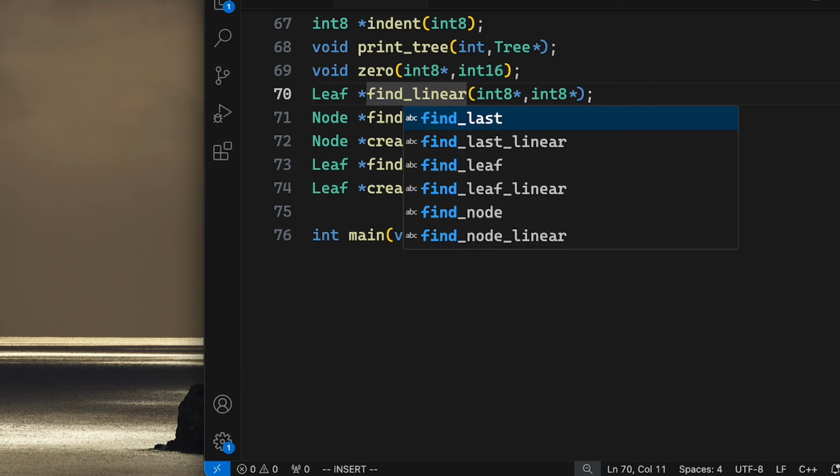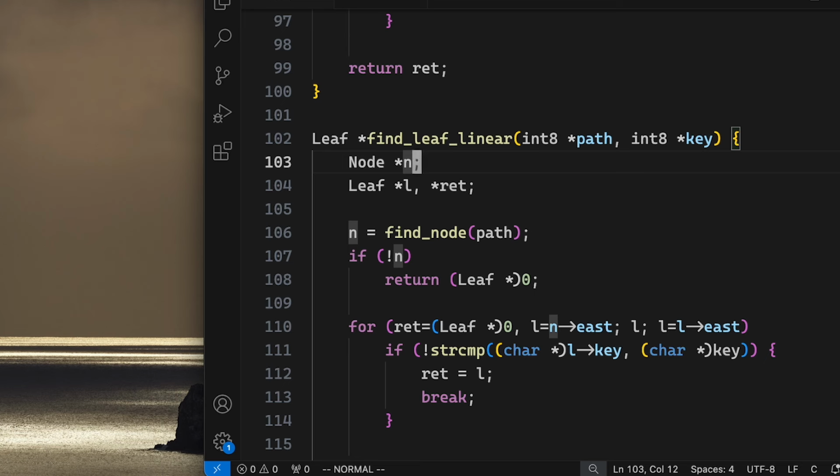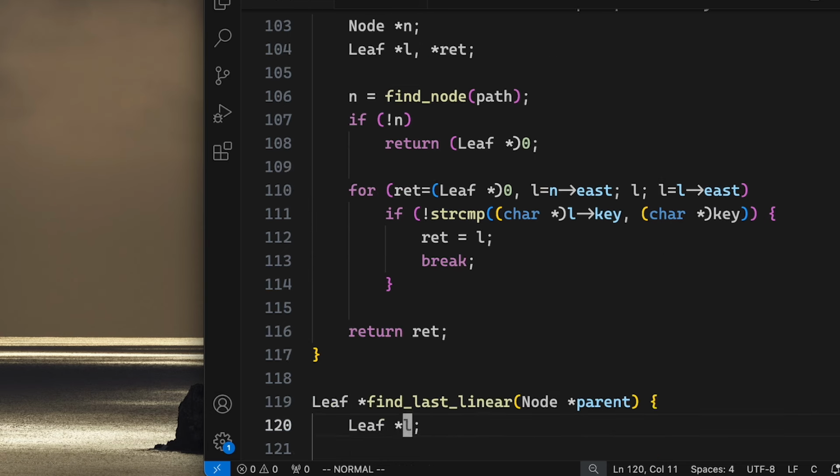And find leaf linear, like so. Did I miss anything? I don't think so, right? And then we can write our